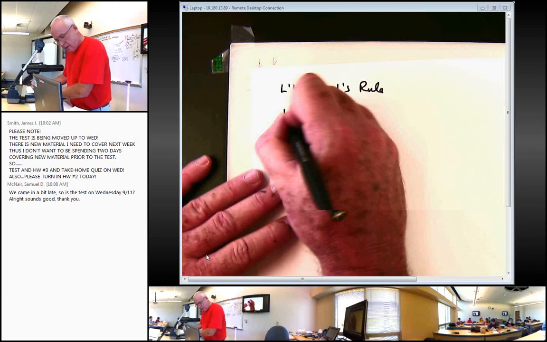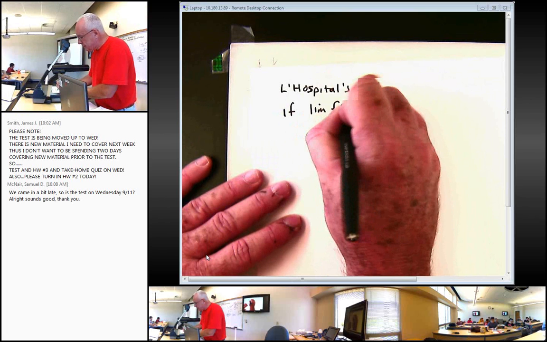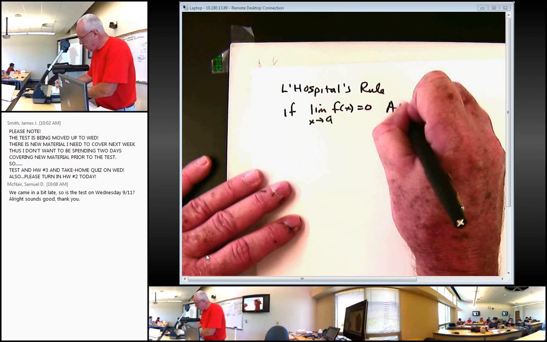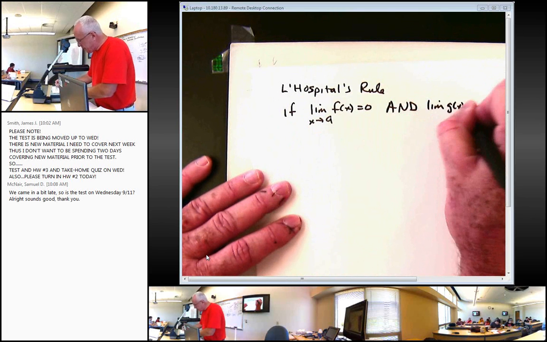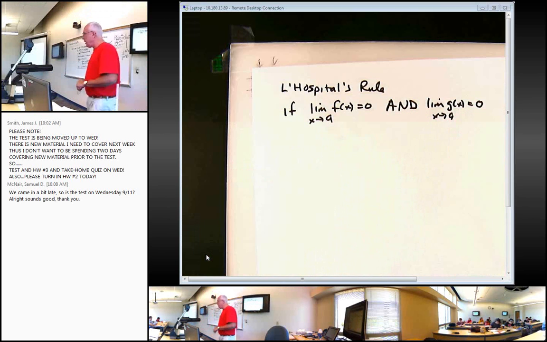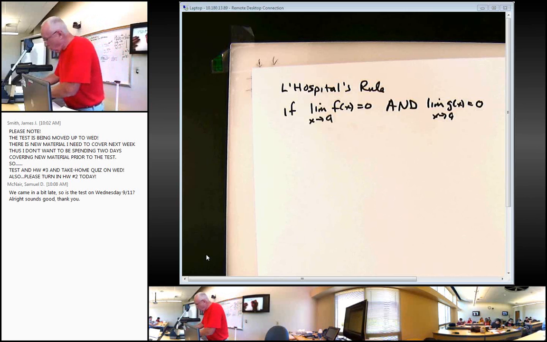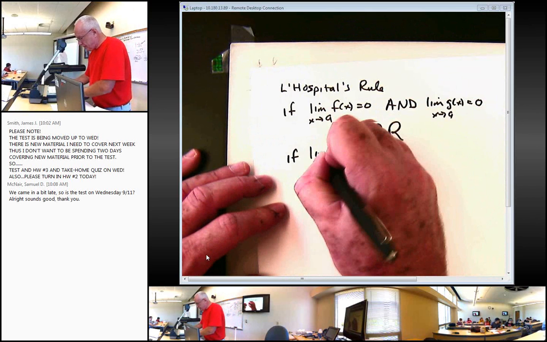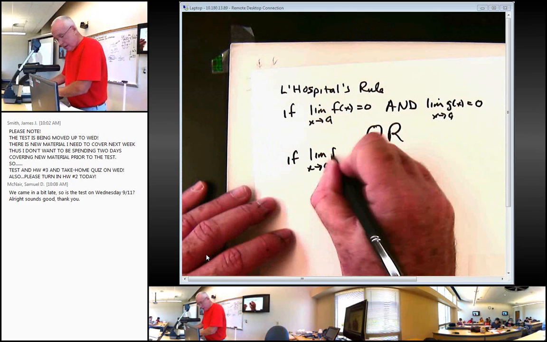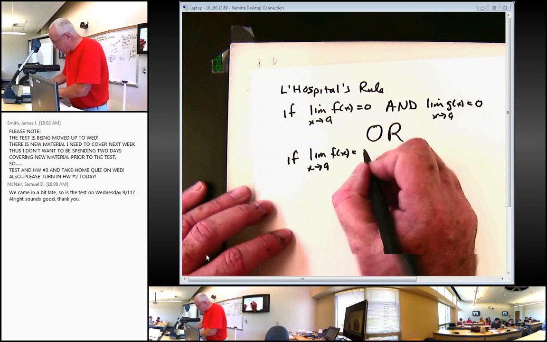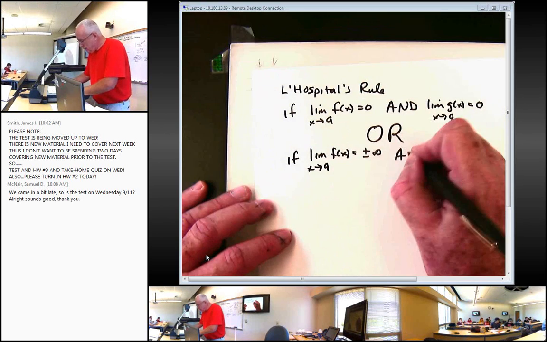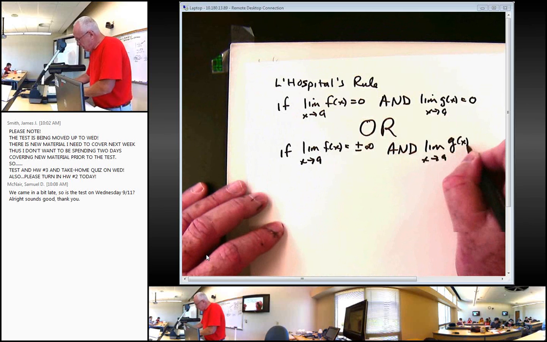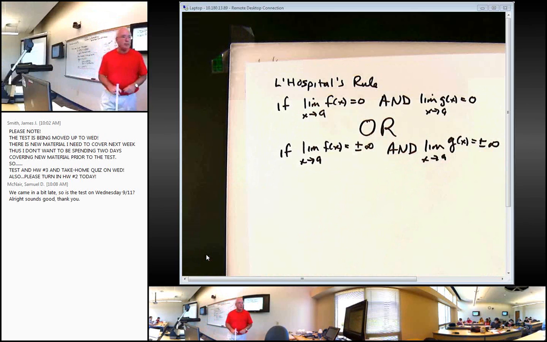If the limit of f of x is equal to 0 as x approaches some number a, and the limit of another function g of x is also equal to 0 as x approaches a, if those two conditions are met, or if this other set of conditions is met, or if the limit as x approaches a of f of x is either equal to plus or minus infinity, and the limit as x approaches a of g of x is also either plus or minus infinity, then